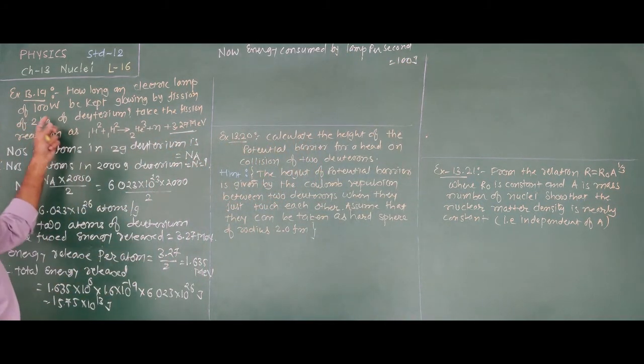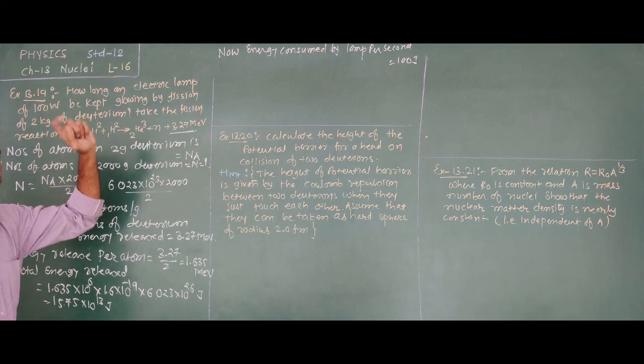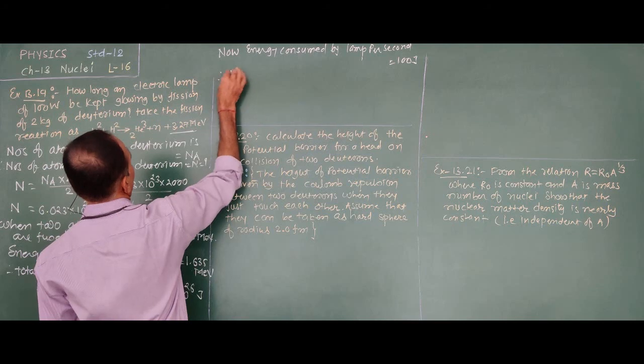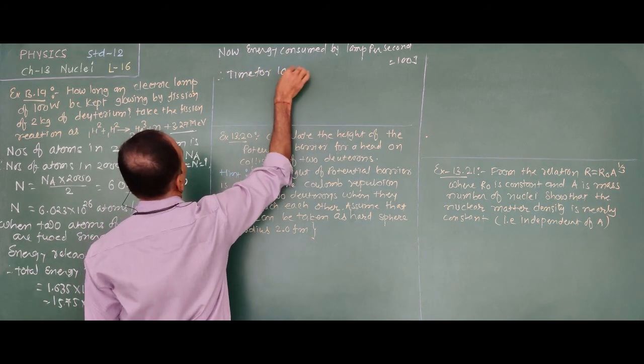Because 100 watt power is given. Power means the energy consumed per unit time. Therefore, time for lamp glowing